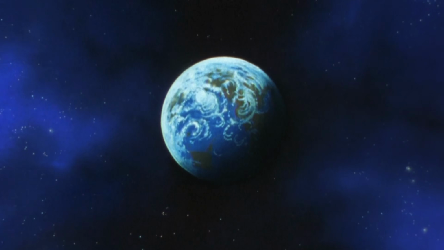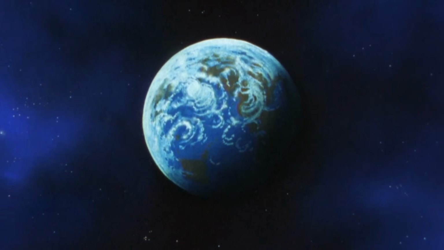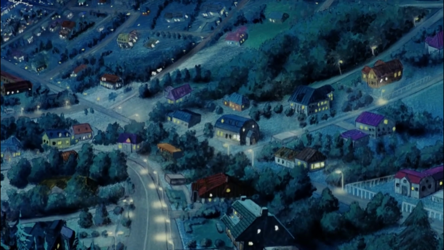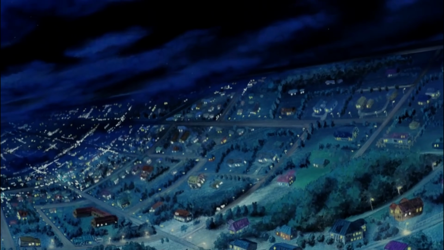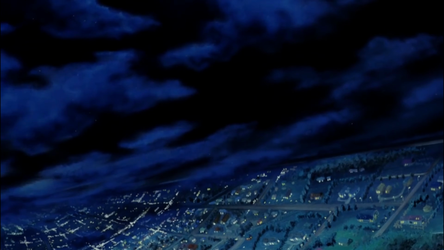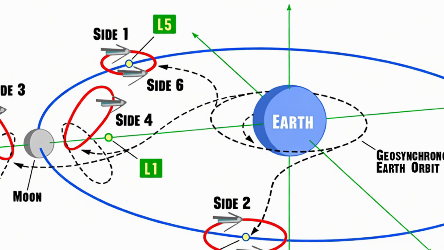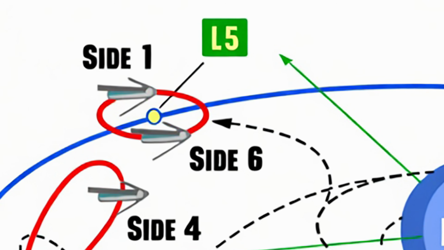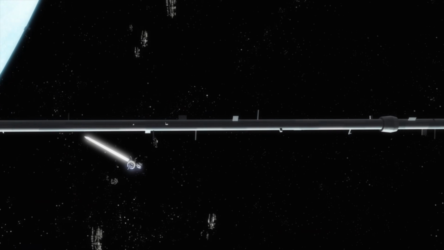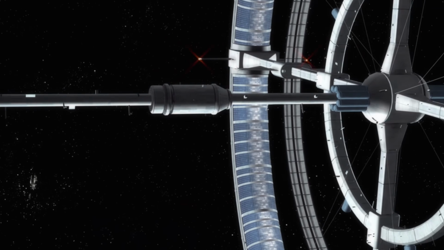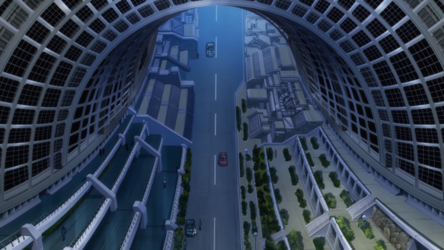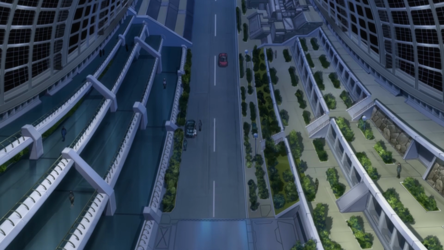By now, Earth's population totaled 9 billion, and while this forced emigration proceeded gradually at first, it would accelerate as more colonies were made to accommodate Earth's surplus population. The first colonies were built at the fifth Lagrange point, thereby establishing Side 1 as the cradle for space colonists. To celebrate this new era of humanity, they fashioned a new calendar, the Universal Century or UC, that would be used from that point forward.